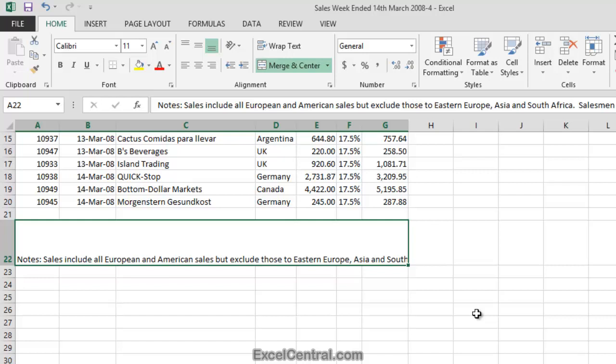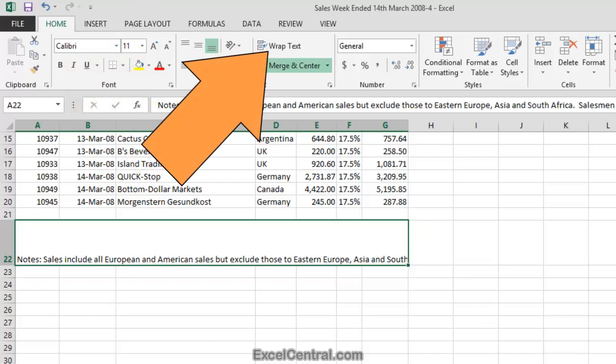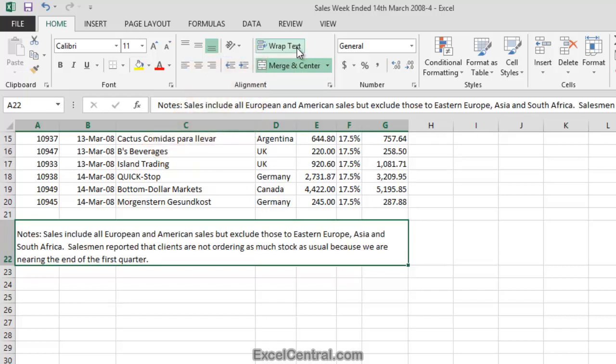That means that when it gets to the right-hand side of the cell, the text will continue on the second line, and then the third and the fourth, until all of the text is displayed. To make the text wrap, I click Home tab on the ribbon, and in the alignment group, notice there's a Wrap Text button. I'll click Wrap Text now, and you can see that all of the text is now visible on the screen.